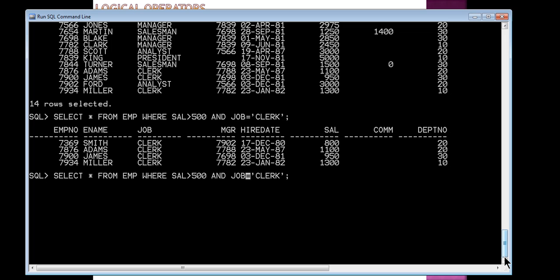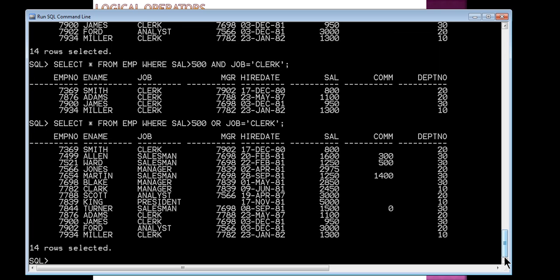In place of and, you can also write or. The difference between and, or is that in case of and, only when both the conditions are true will the rows be displayed. You can see job is clerk in all the rows and salary is also greater than 500. So both the conditions are true in this case.